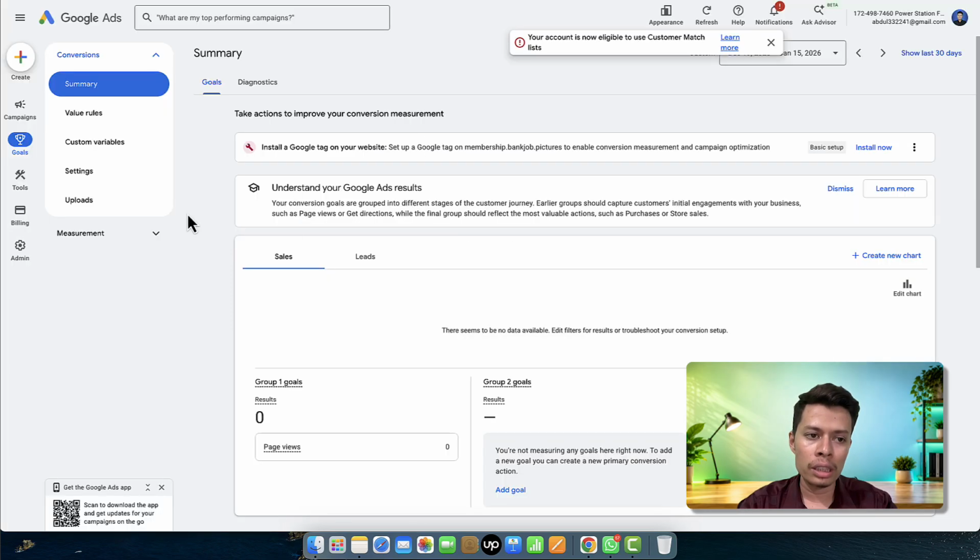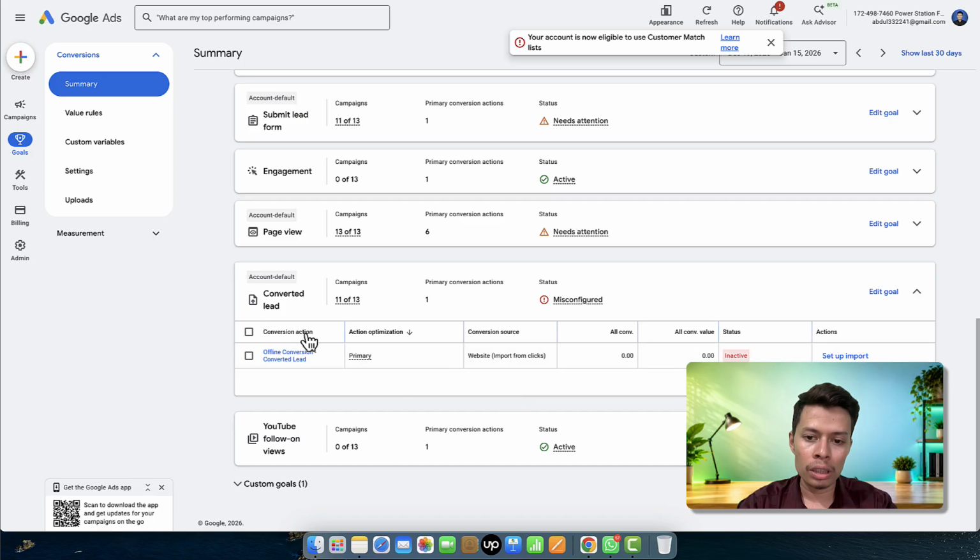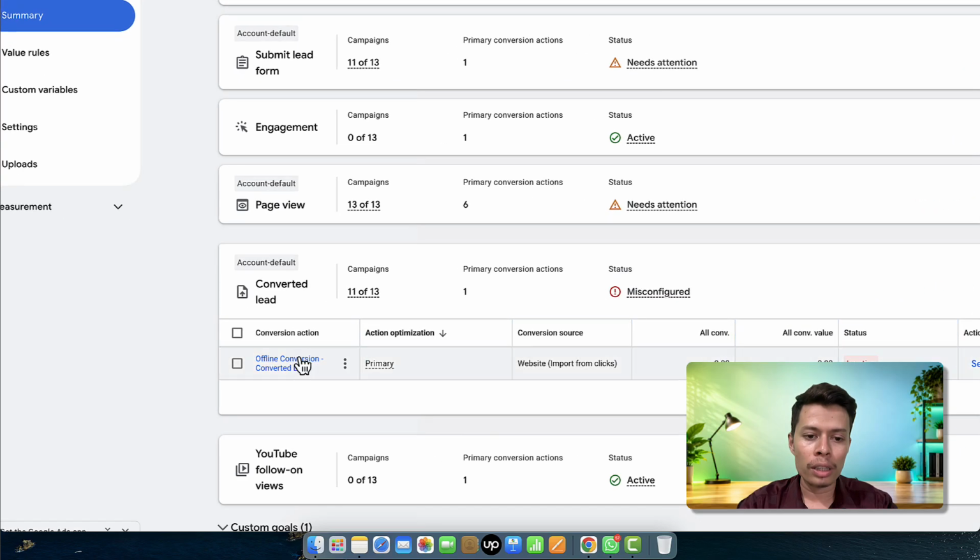As you can see, this is the goal summary. If I scroll down, you can see there is a converted lead option. Actually, it's an offline conversion I created. It's the same process as creating purchase and add to cart. There is the same process to create the converted lead custom conversion. And this is the offline conversion converted lead. I have to click over this